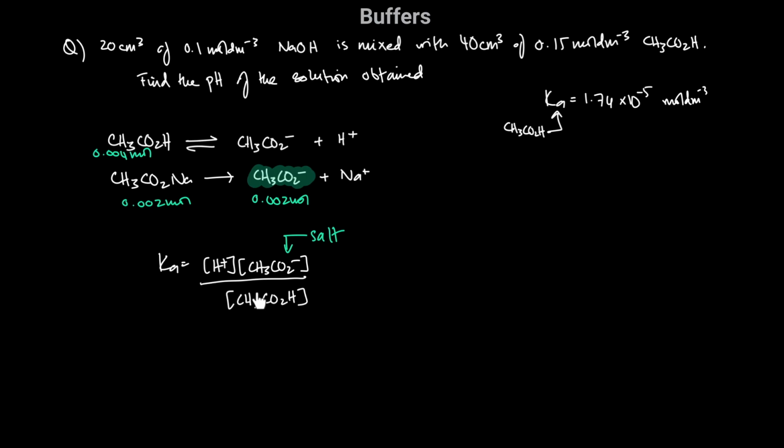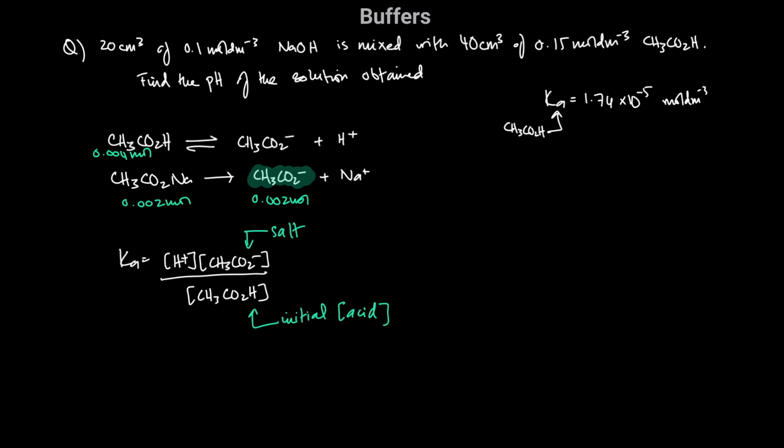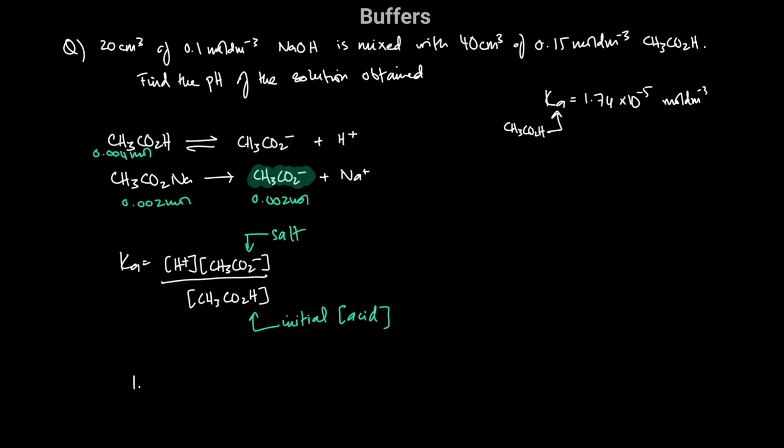We also know the number of moles of acid, so we can find the concentration. Similar to what we did for weak acids previously, we can say that this ionizes so partially that the equilibrium amount of acid is the same as the initial amount. Once we made this buffer solution, we had 0.004 moles of acid, and even after it ionizes, we're pretty much left with as much as we started with. So we can take this as the initial concentration of acid. Here, Ka is equal to 1.74 into 10 to the power of negative 5,